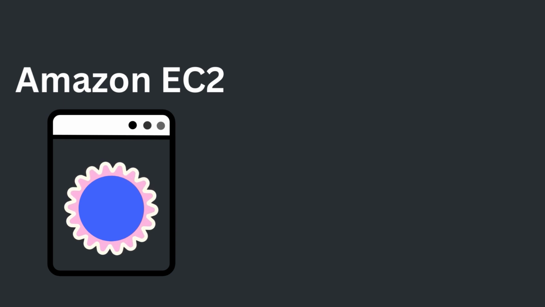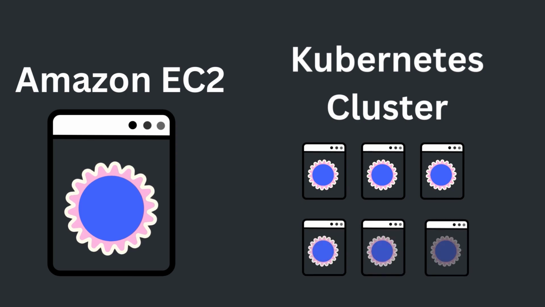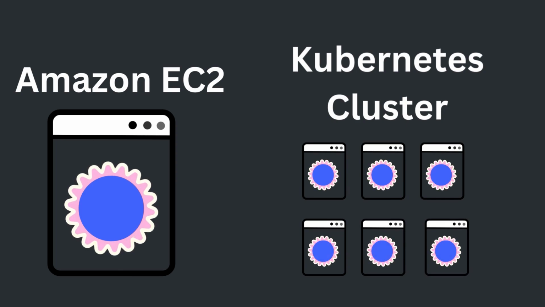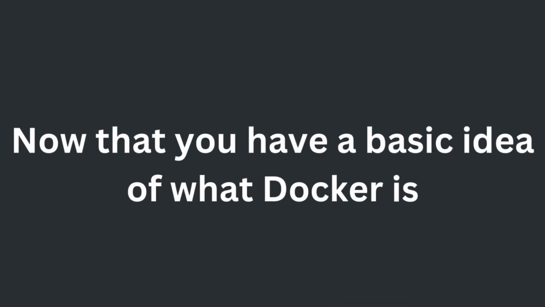You can either choose to host a single container on instances such as Amazon EC2 or run multiple containers on Kubernetes cluster. Now that you have a basic idea of what Docker is, we can look into a Docker file